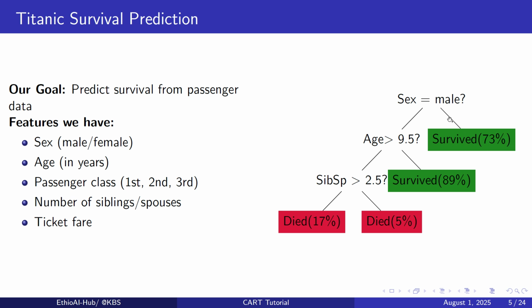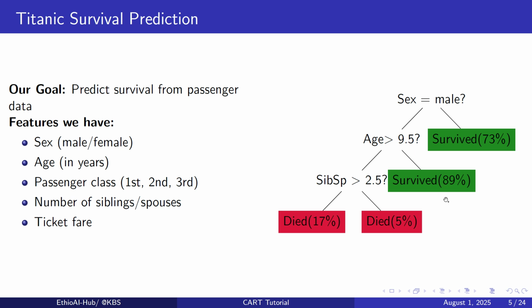ታረጋለች 73%. So if sex is male then you just check the age. ከዛ እድሜው ደግሞ የሰውየው ከ9 ዓመት ነጥብ 5 በላይ ዓመት ነው ወይስ አይደለም? ከ9 ዓመት በላይ ከሆነ እንደገና ወደ ታች እንሄዳለን። ከ9 ዓመት በታች ከሆነ ግን by default survival rate 89% ነው። ከ9 ዓመት በላይ ከሆነ ደግሞ number of sibling ያለው የሲብሊንግ ነምበር ከ2.5 በላይ ነው ወይስ በታች ነው? ከ2.5 በላይ ከሆነ የመሞት ቻንሱ 70% ነው፣ ከዛ በታች ከሆነ ደግሞ 5% ነው።